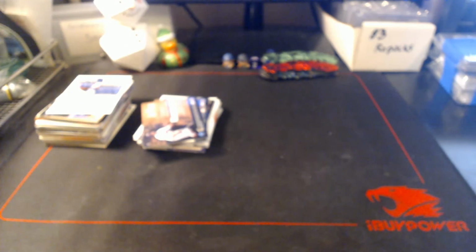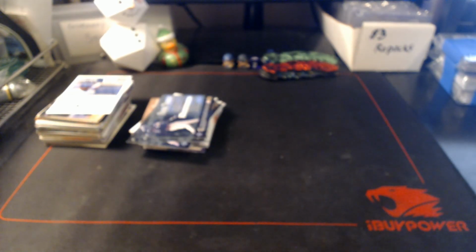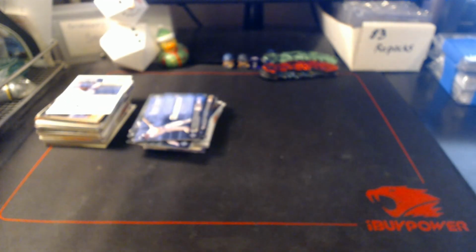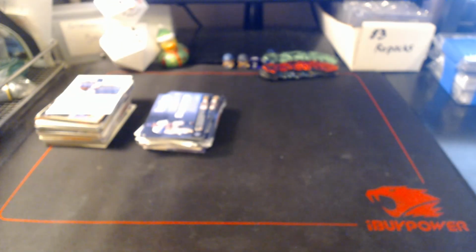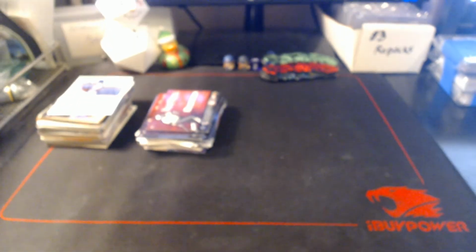Wade Boggs, Pedro, the Big Hurt, Joey D, Joe DiMaggio, Robin Yount, Billy Williams, Ernie Banks, the late Tom Seaver, Pops, Willie Stargell, Larry Walker,